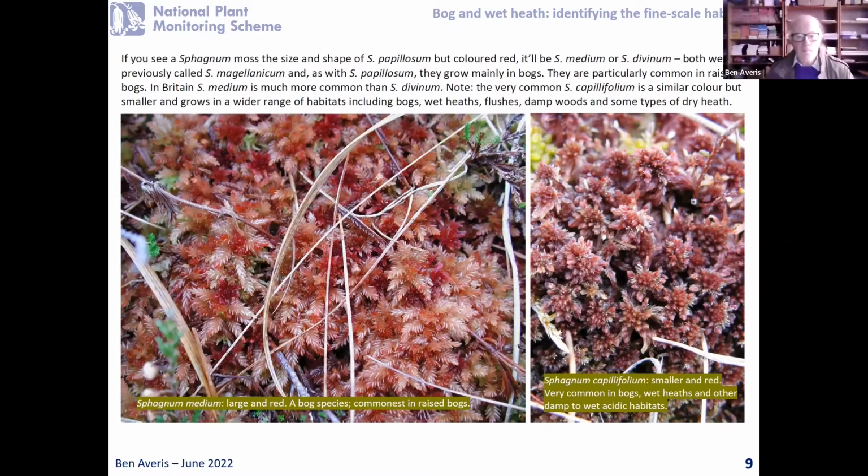It's down in South America. Our plants are of two species, Sphagnum medium and Sphagnum divinum. By far the greater amount of it seems to be Sphagnum medium. It's only a recent split. So either way, whichever one it is, if you see that kind of big red sphagnum, it's likely to be bog. That's not to confuse it with what we could call the small red sphagnum photo on the right,